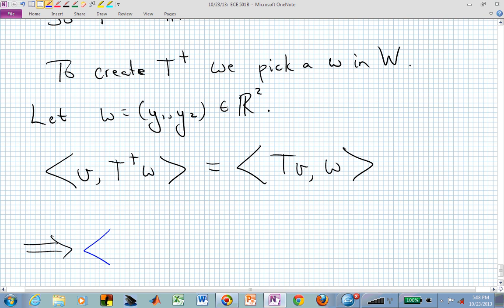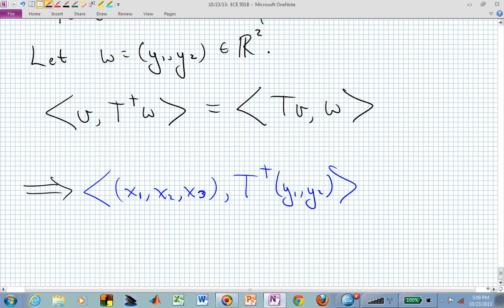Well, V was in 3 space, wasn't it? So that was this vector x1, x2, x3. There's V. And T dagger, we don't know what that is yet, but that's T dagger